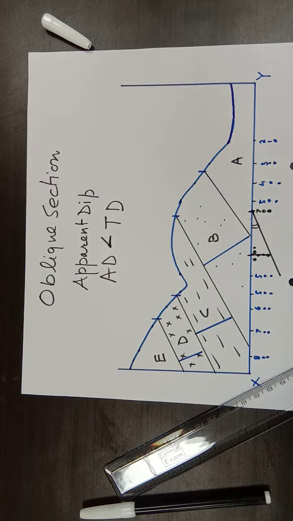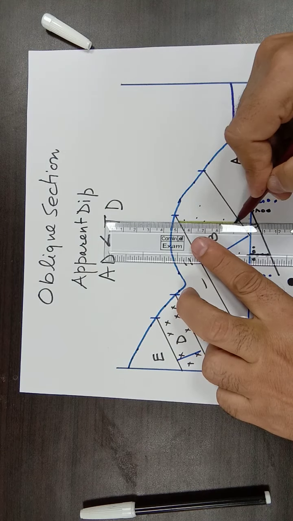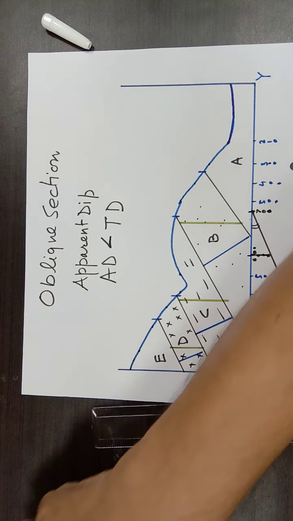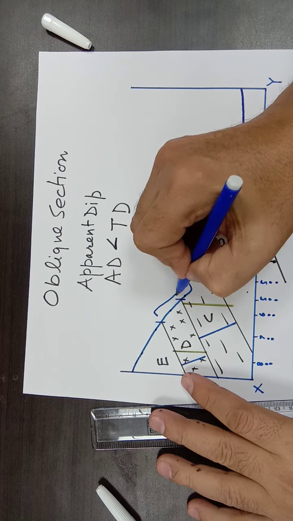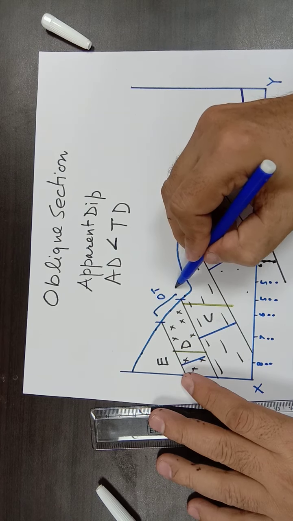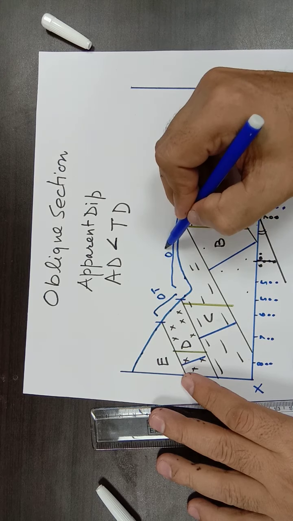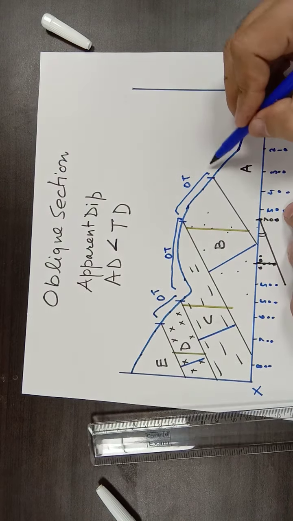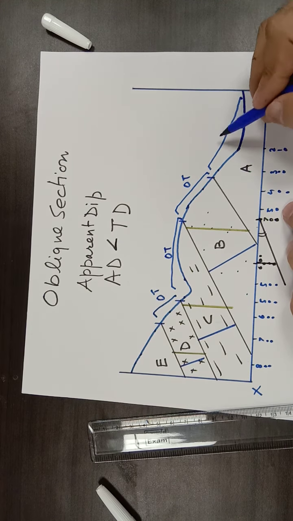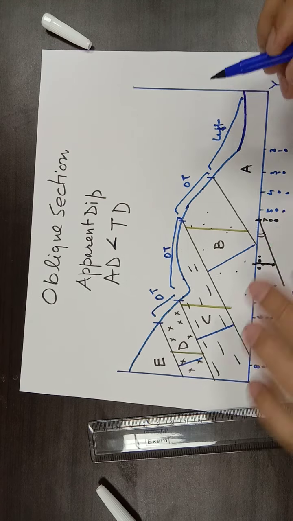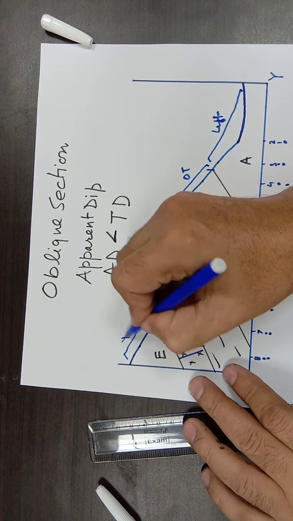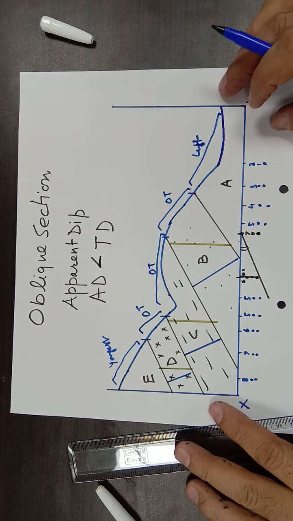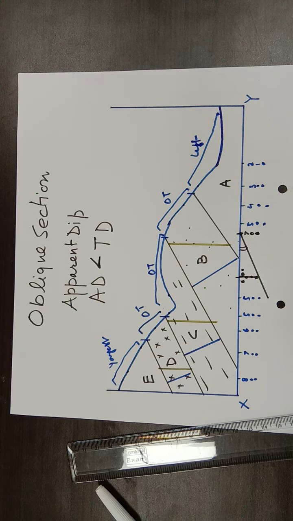You will have different real thickness, different drilling thickness, and different outcrop thickness also. You can see this rock which is in reality very thin, but it is giving you a very large outcrop thickness. This is the leftover thickness of the oldest rock and leftover thickness of the youngest rock. This is not complete thickness. A and E will not give you the complete thickness. The rest of the rocks will give you the real thickness.